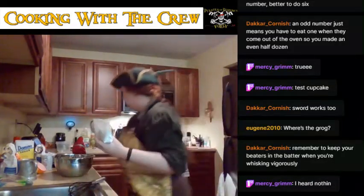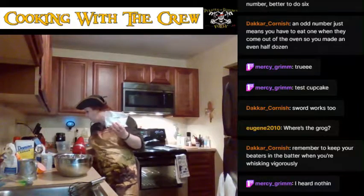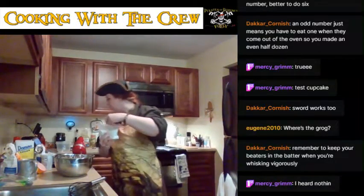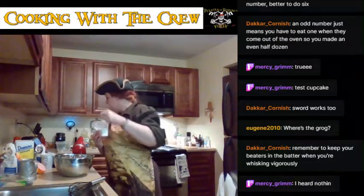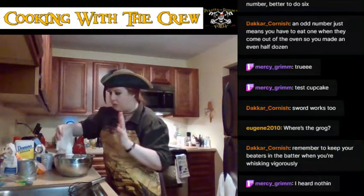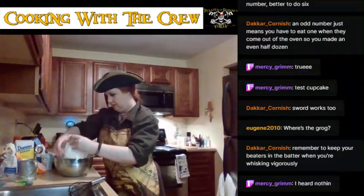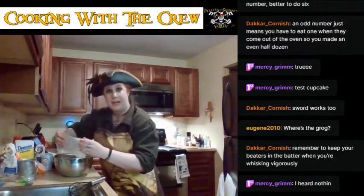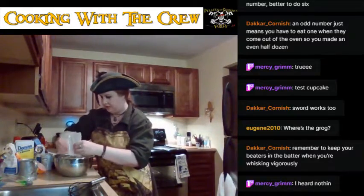And we're going to add the confectioner sugar and, yet again, a pinch of salt. And then we're going to whisk those together as well. And then it says to spread on the cupcakes, so we'll see. I think there's one more step, so... Besides, still another 14 minutes before they're done, so...